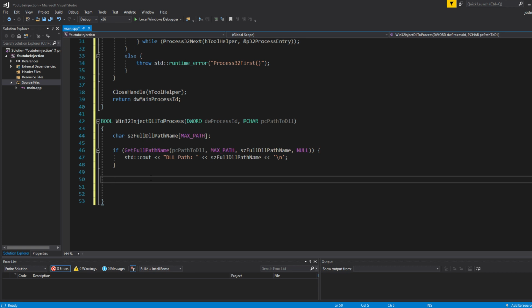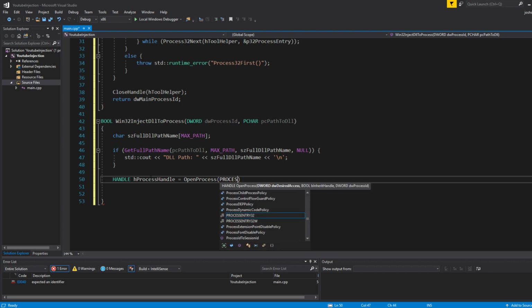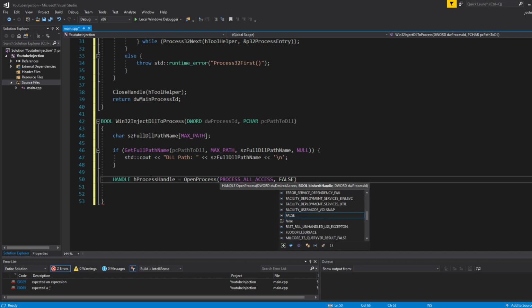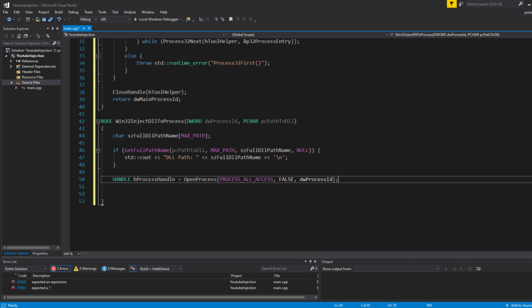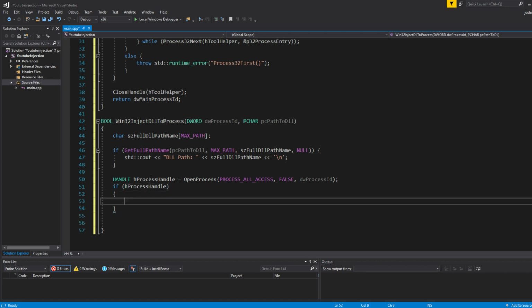Okay. Now we actually have to open our process. So handle, we're gonna call this hProcessHandle, and you're gonna open the process, and the permissions we're giving it is PROCESS_ALL_ACCESS, so ring 0, ring 2, ring 3, whatever, and then dwProcessID, which we pass as an argument, and then if hProcessHandle, if we can get the process,